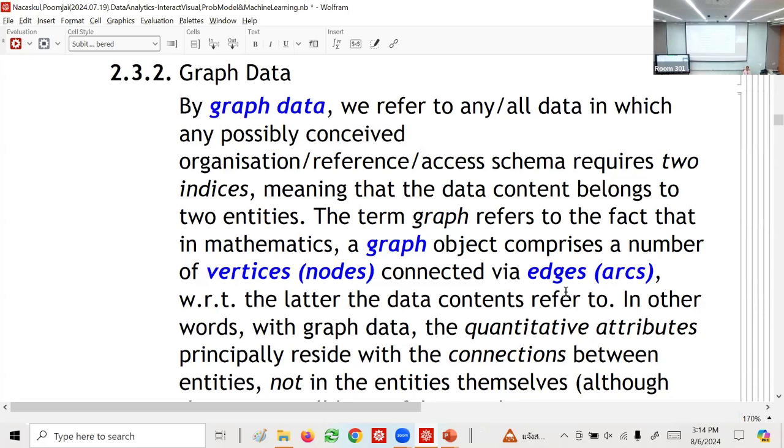Okay? Now, how about this? If 1 knows 2, there's a line between 1 and 2. If 2 knows 3, there's a line between 2 and 3. If 3 and 4 do not know each other, there's no line between them. So, I can record relationships. Notice, it's very good at relationships. Okay? So, ultimately, the world,